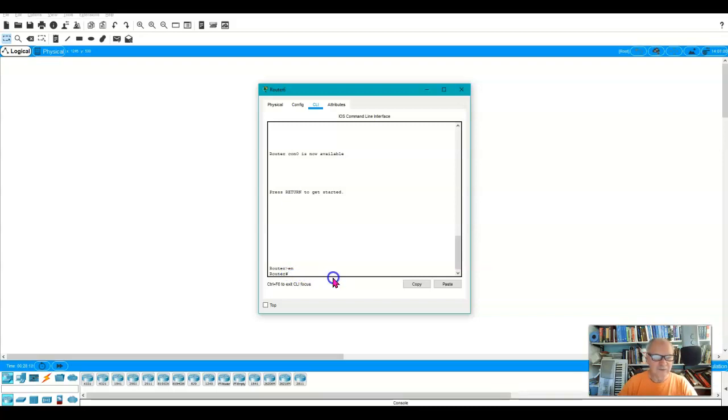Now, if I want to begin to configure things, the first thing I would need to do would be to get into global configuration mode. Let's go ahead and do that. Global configuration mode is a mode where you configure things that have to do with the entire router or the entire switch. Not an interface or anything else, but the entire device. So this is where you would go to do that. And you'll notice that the prompt shows we're still in privileged exec, but now it's in global config.